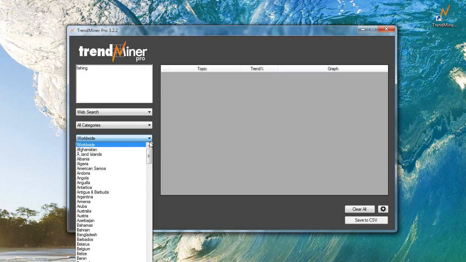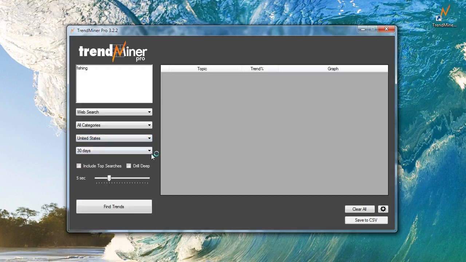But let's say, for example, that you only sell your products in the United States. In other words, you don't sell your products in any other country. Then when you go to get data from TrendMiner Pro, it would probably be a good idea just to set the filter as United States if you want specific data that restricts it. So in other words, you don't want a whole bunch of searches from Australia affecting the trend data results you